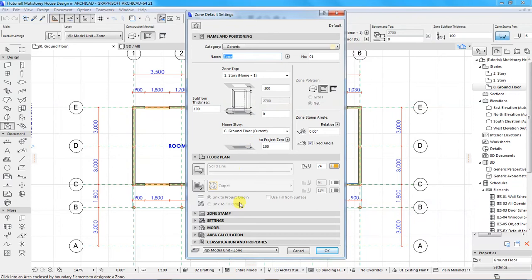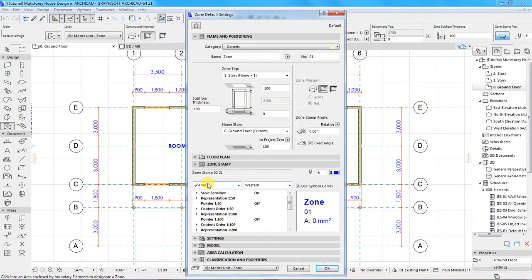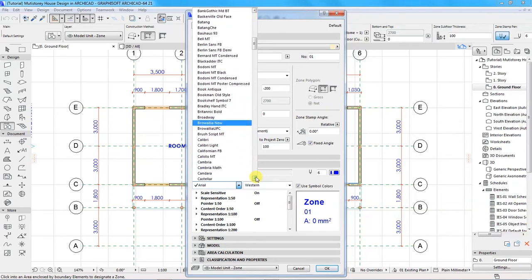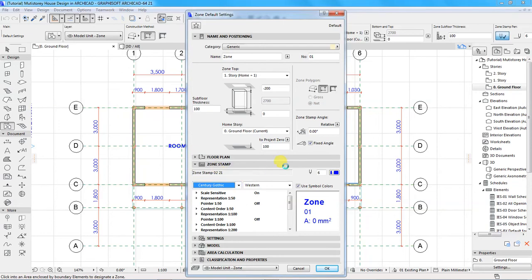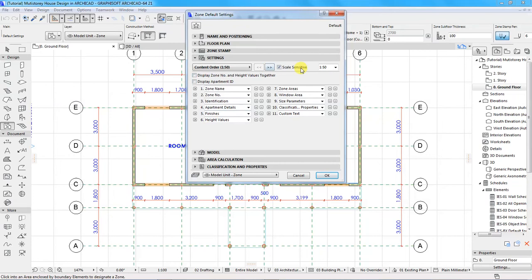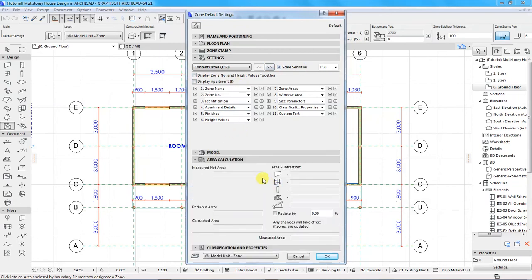I want you to go to zone stamp and change this font type. I prefer using Century Gothic. Now you will change it to the font type that you like and then click OK. If there is any other settings that you want to edit, you can edit here, but now on my side